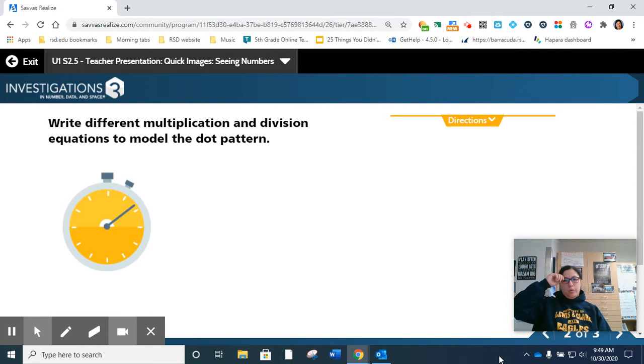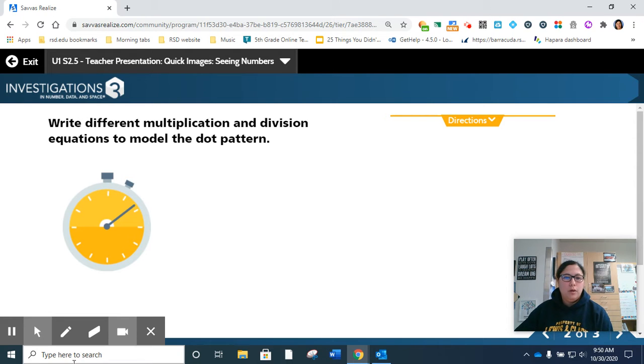We are continuing with our 10-minute math quick images. Those of you who are in my class know that this is one of my favorite games that we get to play for 10-minute math. I love seeing all the different ways that we see our multiplication equations and get to look at how people are thinking about them. So our first one, as we have been working on over the course of this year,